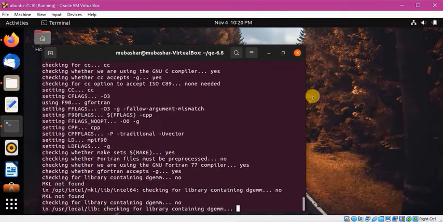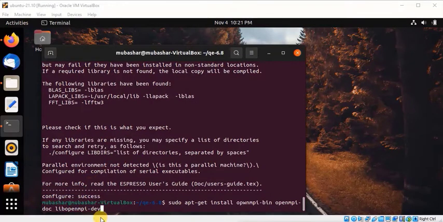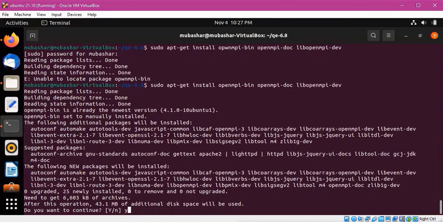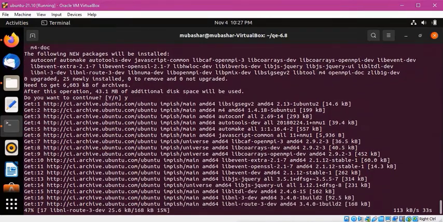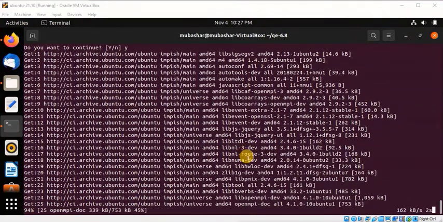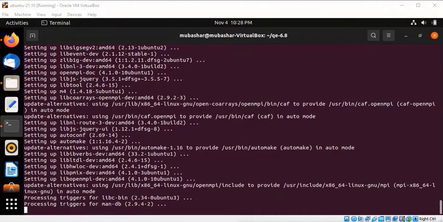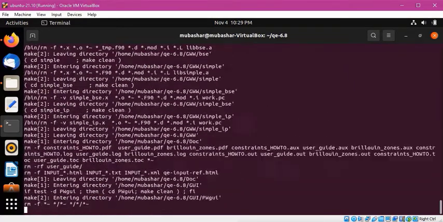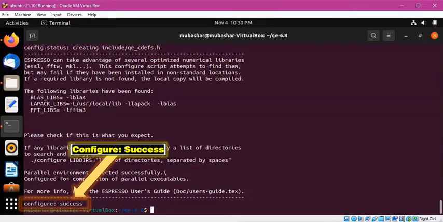As you can see here, Quantum Espresso configured successfully. Now run this command, enter Y and then press enter. Now for the configuration, run this command ./configure. This program configured successfully.